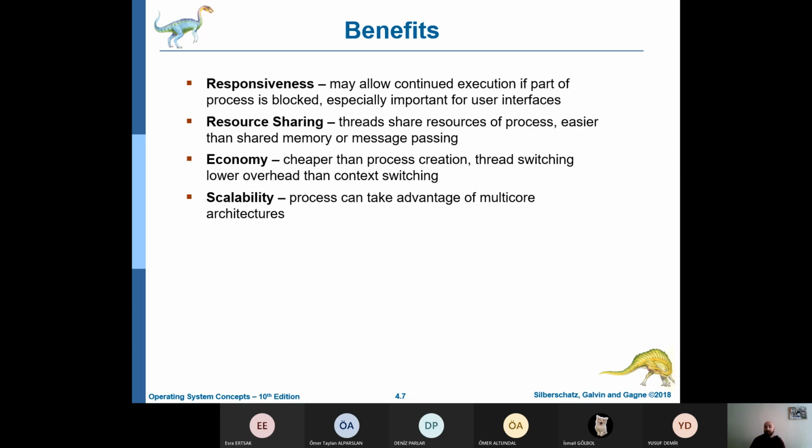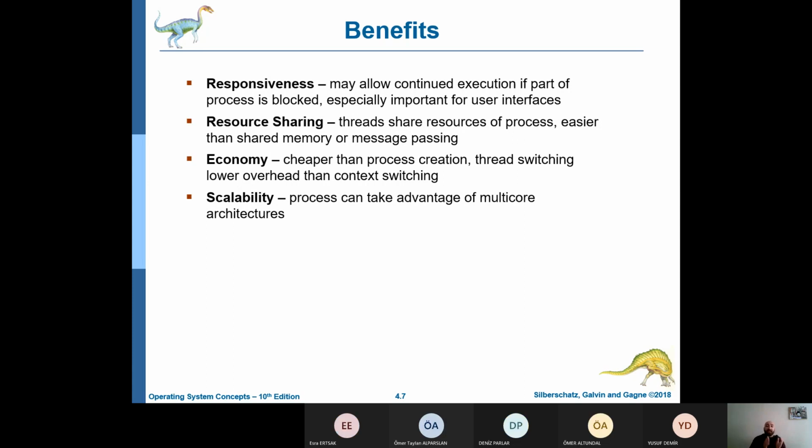Zaten aynı prosesin parçaları oldukları için aynı adres space'ini paylaşıyorlar. Dolayısıyla bunların arasındaki iletişimi sağlamak, prosesler arasındaki iletişimi sağlamaktan çok daha kolay. Ve aynı kaynakları paylaşıyorlar. Ekonomi kısmı da buradan kaynaklanıyor. Bir thread yaratmak, aynı proses içerisinde farklı bir proses yaratmaktan çok daha hızlı ve daha az kaynak gerektiren bir şey.